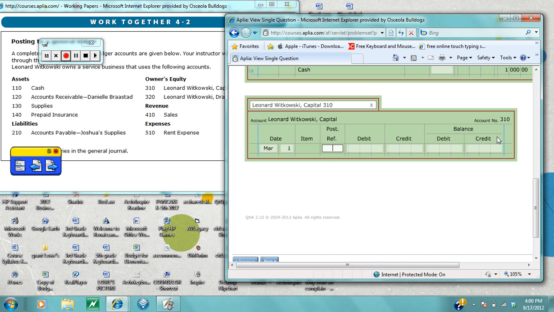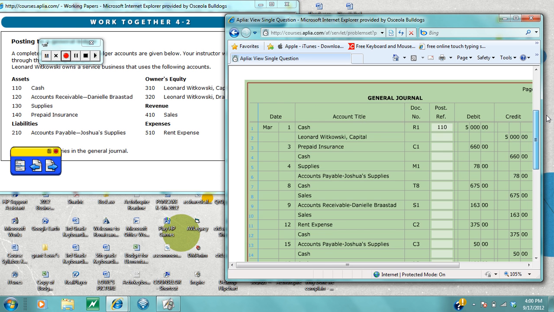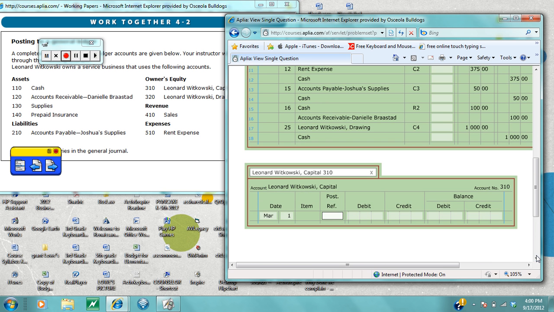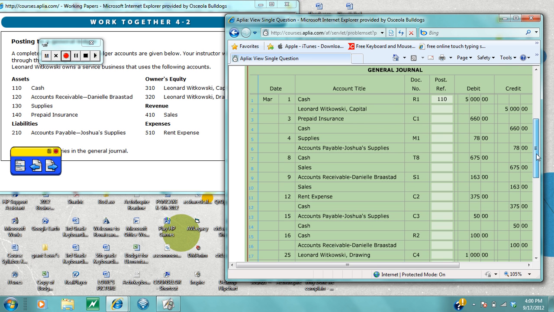Post reference for this comes from up here, General Journal, page 1. So that's where I get my G1. And it's a $5,000 credit. There's a 0 up here, pretend. 0 plus 5,000 equals 5,000. Then I take that account number, 310, and I bring it up here,